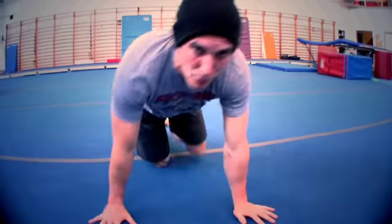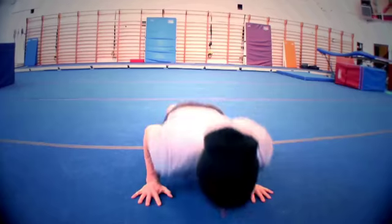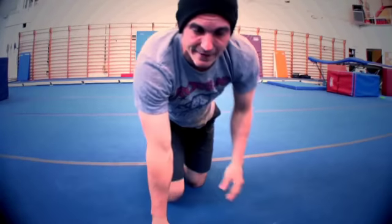Another thing we want to do, when we address the movement and we look at positions, is maintain what they call midline stability, trunk stability. I like to call it dynamic stability, because under movement, I want to be able to have traction and control over the full range of motion. So if I'm doing some push-ups and I'm starting to see this elbow flaring out, there's some kind of lack of traction I'm finding. So that dynamic stability, being able to maintain positions or infinite positions throughout the full range or full movement, is going to be a key component